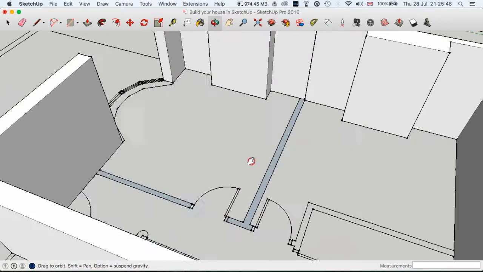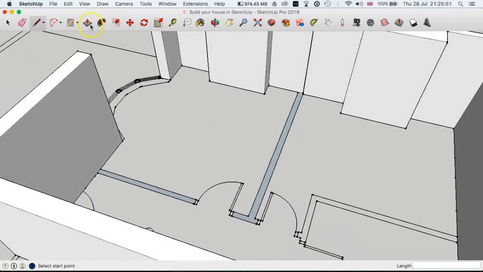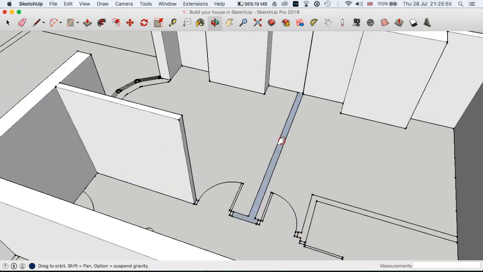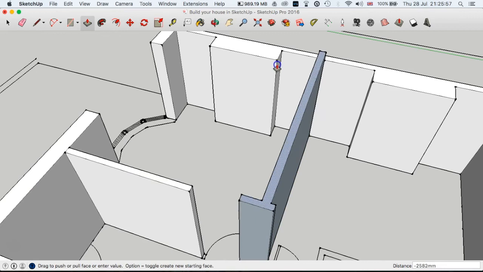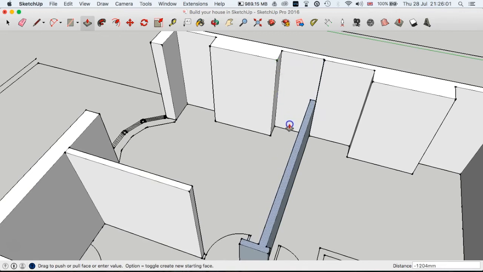What we've done is we've created the walls separately. So then what we can do is push and pull up to that level. And then what happens sometimes is you'll see it's come out as a grey. That's because it hasn't quite had the face on the correct side. What you do if that happens, if it's coming out a light blue or a light grey, as you're doing it,